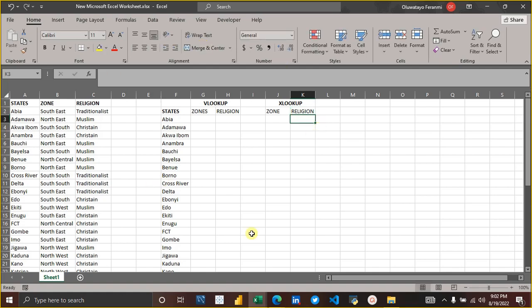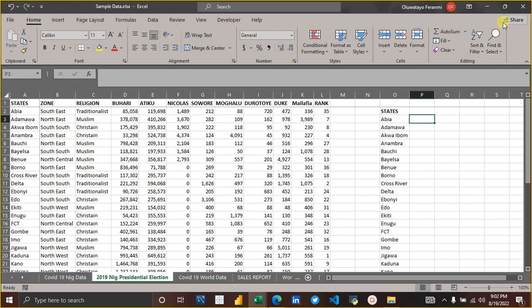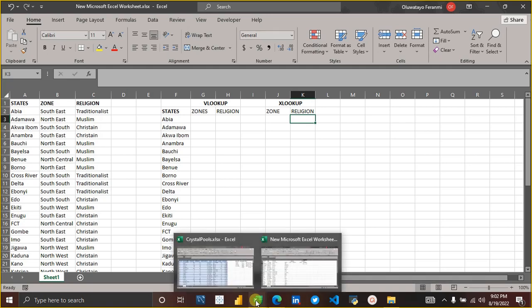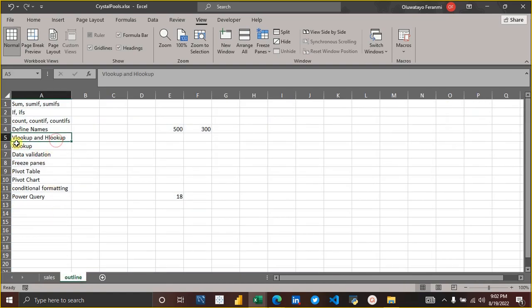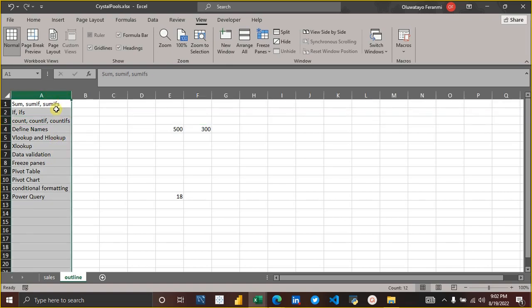Alright. So let me tell you about lookup before we proceed. I want to explain lookup to you before we even proceed at all. So we have Vlookup and Hlookup. Vlookup means vertical lookup. Vertical is like the column. Then horizontal is like the rows. So we have horizontal lookup. Whenever you have values in a column, and you want to look up a corresponding value,